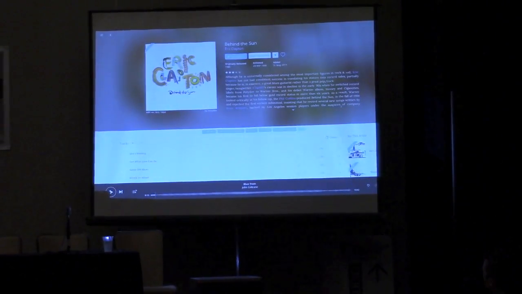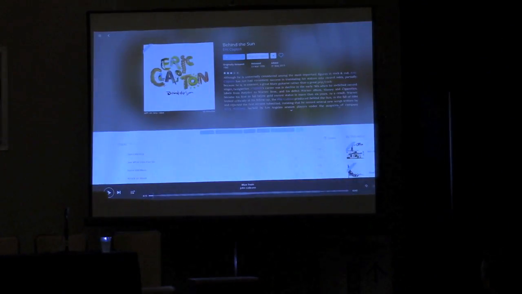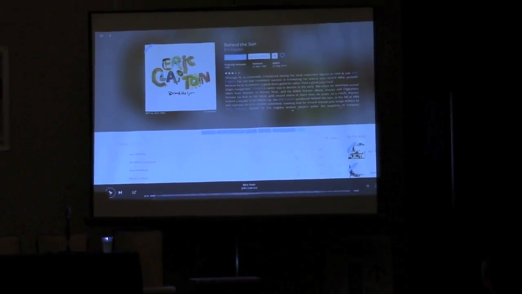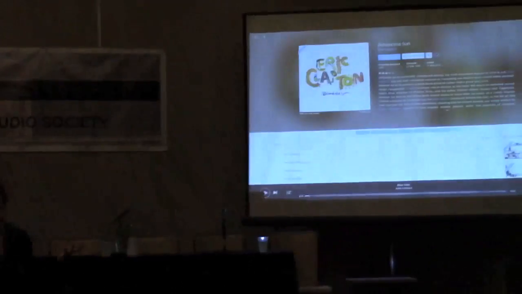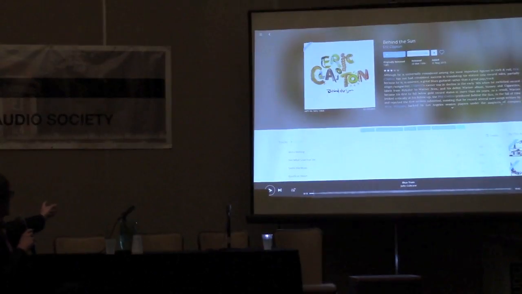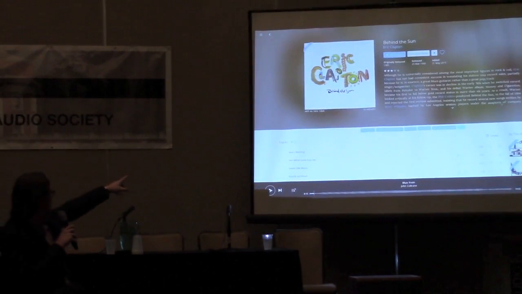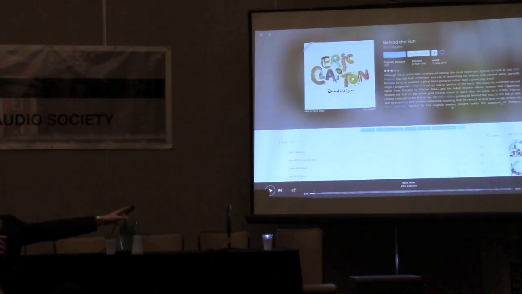What we do is scan the files on your NAS, and a core piece of our functionality is identifying what those files are, then going out and talking to our metadata servers and pulling down additional information. Not what's embedded in the tags in the files, but more information. So here, for example, we've got a review and a rating. You'll see the original release date here is 1985, but this version was released in 1999, so it could be a remaster or a later issue.